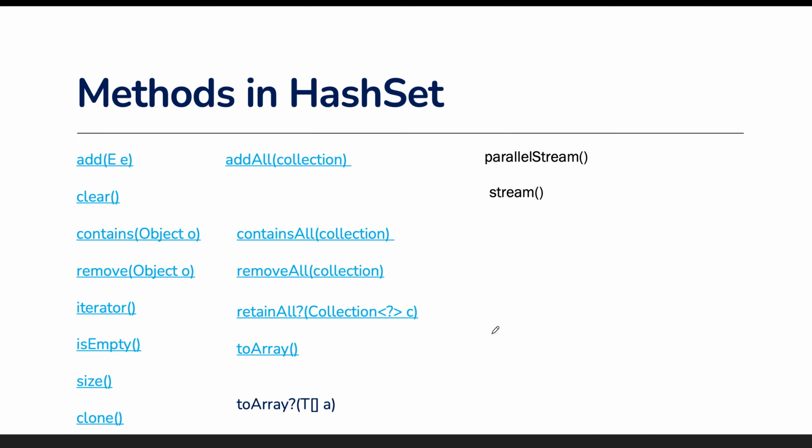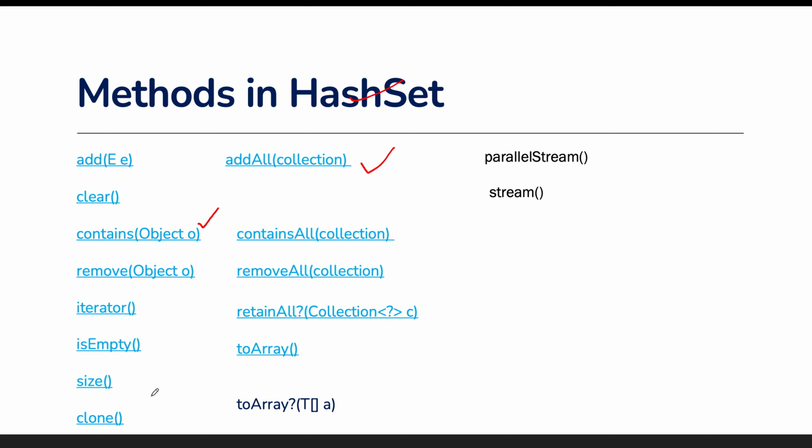These are the methods which are available inside the collection interface, and the same methods are acquired by the set interface and accordingly the implementation class like HashSet. We have already seen in our previous video, as part of the linked list or array list, that the add method is used to add an element. The same method is going to be used here also. AddAll means when we want to insert multiple values. Clear, when we want to clear the hash set. Contains means when we want to check whether the specific element provided here is available or not. Contains all is similar to contains, and likewise all these methods.